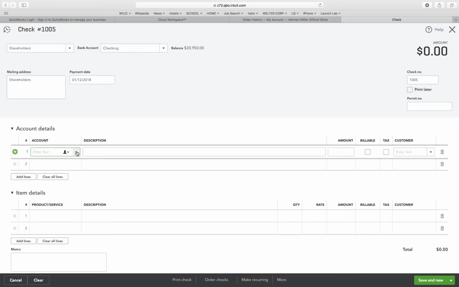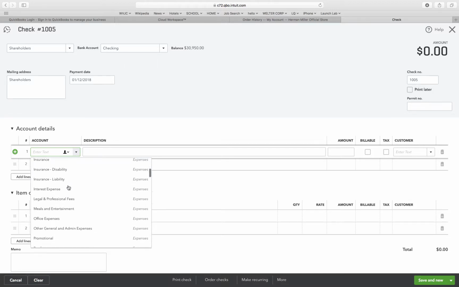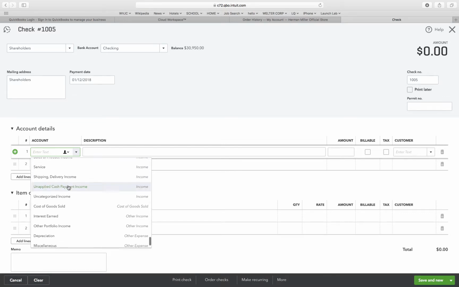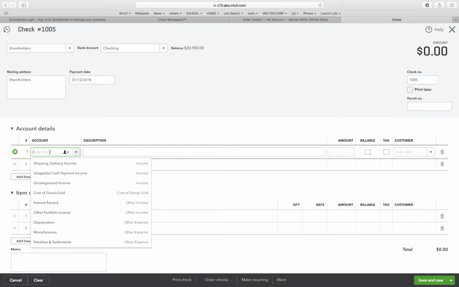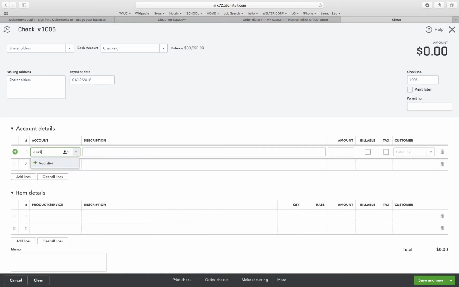The account is dividends. I wonder if that's an account that we made or if it's one we're going to find there or have to make. It doesn't say to make one. You wouldn't think that you would need to make one because it doesn't say it. And it does not have one. Record the payment of dividends to shareholders on 1/15/18. That's crazy. All right, so we're going to add,